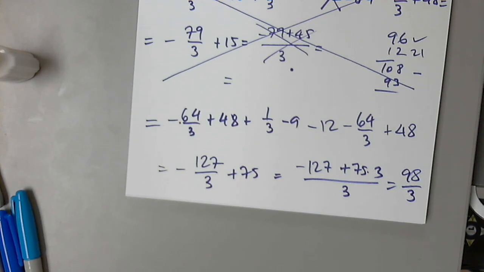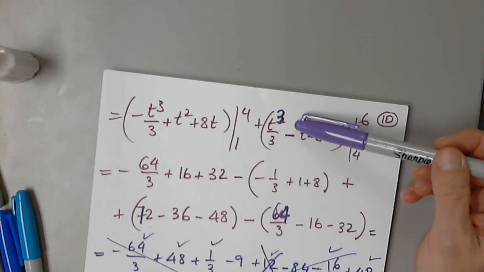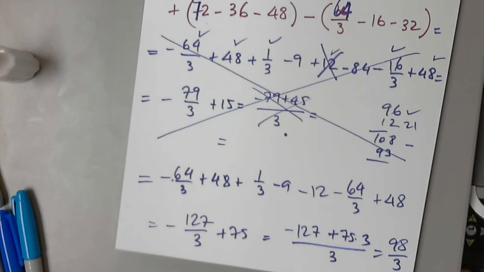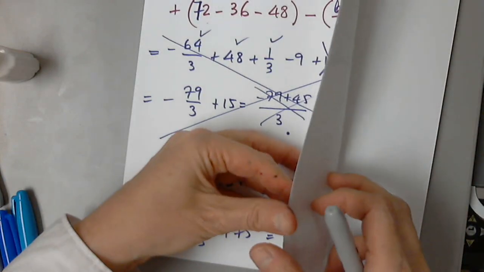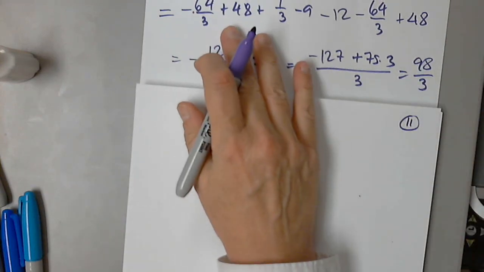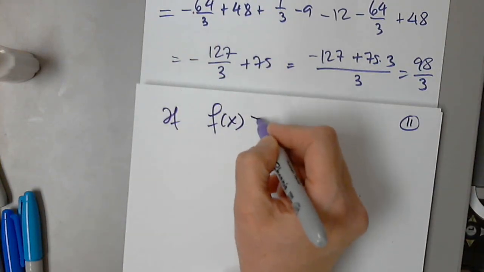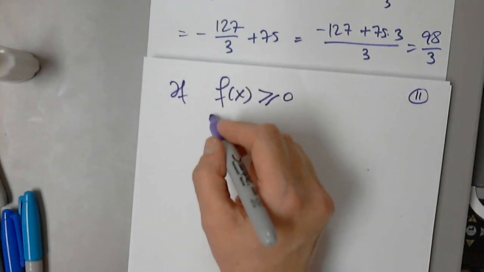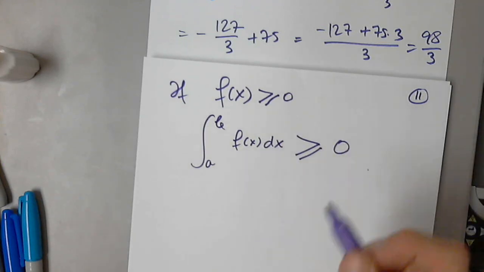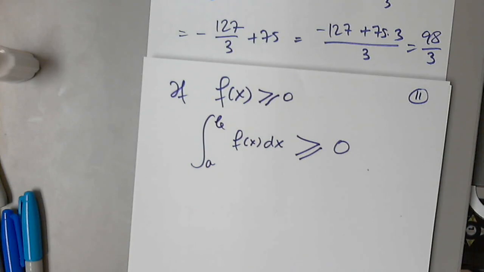And that tiny error that I made, my apologies, my mistake, no excuse, collapsed, and I said, oh, no, no, no, no. It cannot be a negative number. So the total distance has to be a positive number. Because of the absolute value. Absolute value. Yes. So let's write this one more time. One more time. Don't want to forget this. If f of x is greater than or equal to 0, the integral from a to b of f of x dx must be greater than or equal to 0. Mandatory. So the integral from a positive function